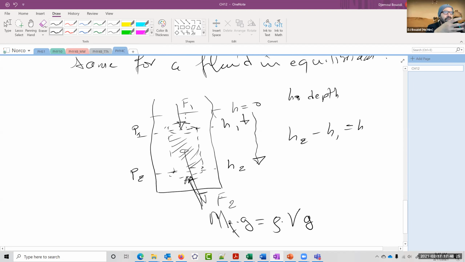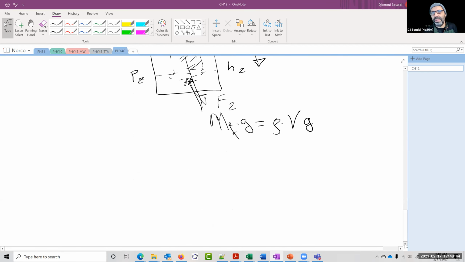That is the only one that I'm considering. I'm not considering the rest of the fluid. If this force, namely the force of the weight of the fluid, is not balanced, this fluid will fall. It doesn't matter what the rest of the fluid does. So again, we're going into the condition of equilibrium, and the condition of equilibrium in here dictates that, first of